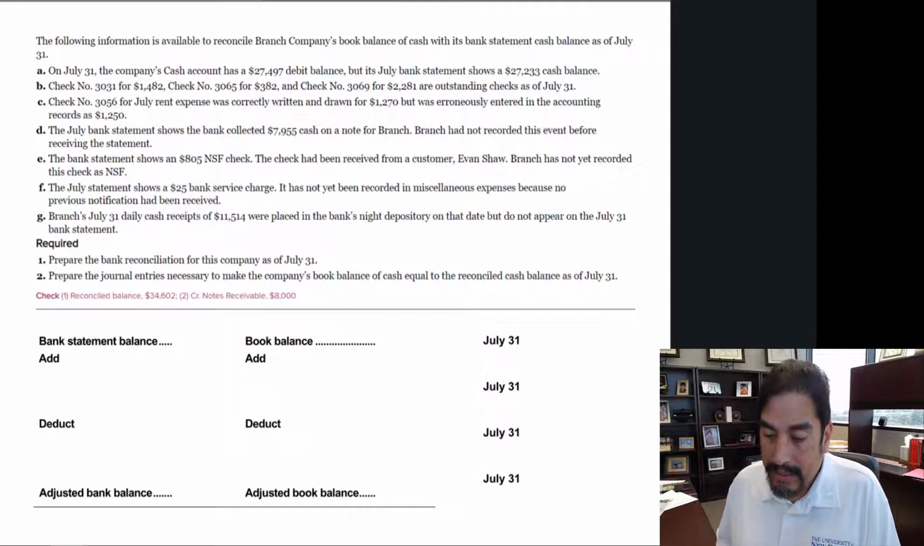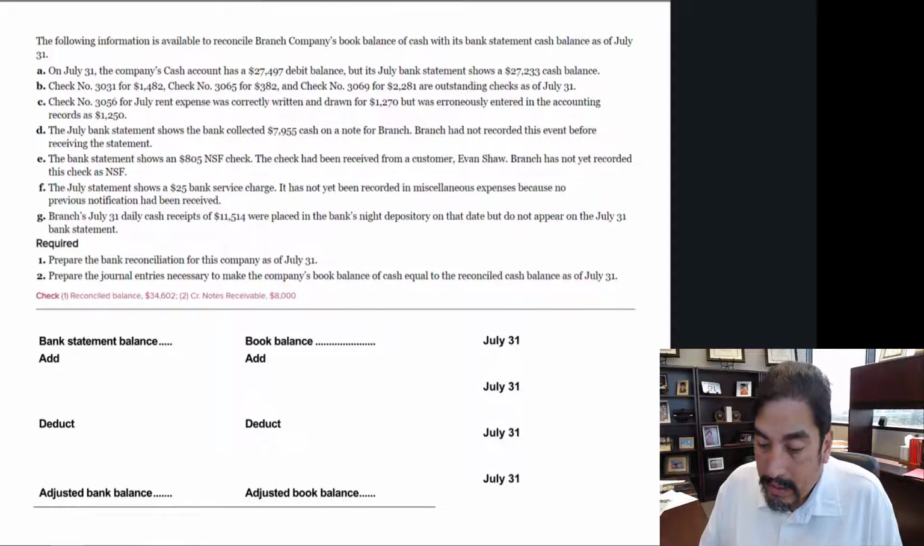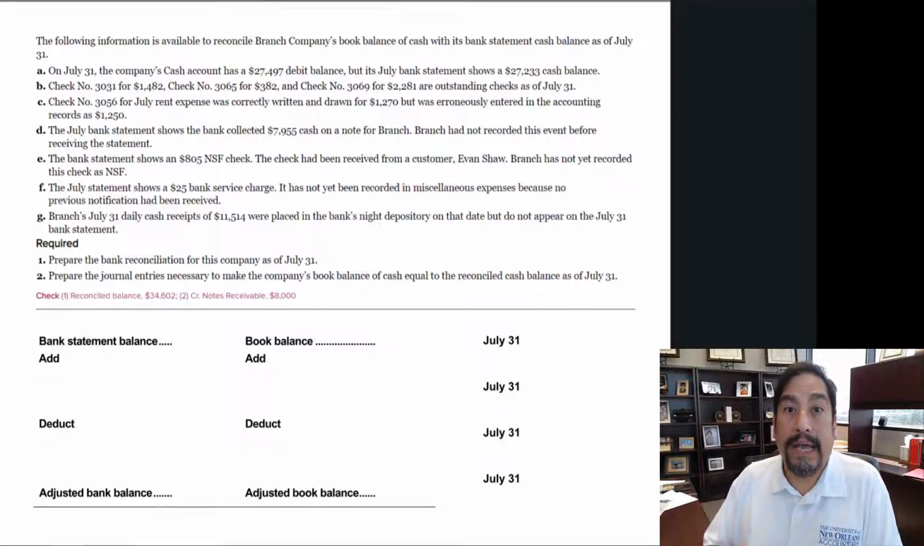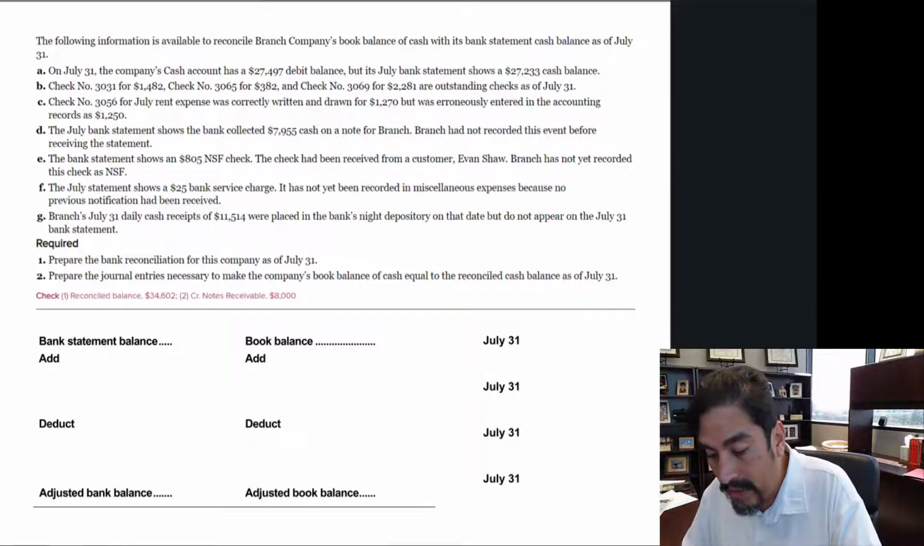Here's the second problem. This is a bank rec problem. The following information is available to reconcile our book balance of cash with our bank statement cash balance as of the end of July. So the company cash account has a $27,497 debit balance. Cash is an asset account, which has a normal debit balance. Since this has a $27,497 debit balance, that means we have $27,497 in our cash account on our books. So we're going to put that right here,